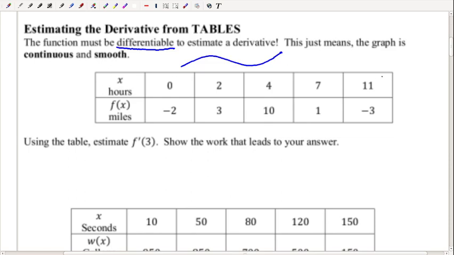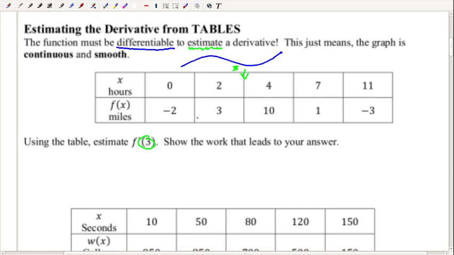So we've got this table here, x is in hours, f of x is miles, and we want to use the table to estimate f prime of 3. Now 3 isn't technically on my table directly. So f prime of 3 would fit in right between 2 and 4. So in order to find the estimate, remember this is an estimate of the derivative, it's not the exact one,